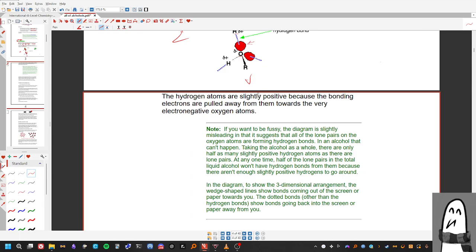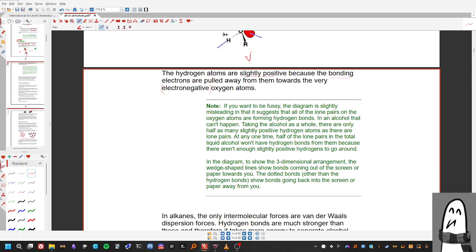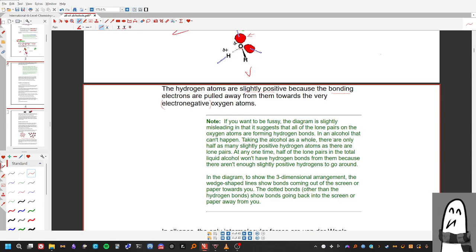Hydrogen atoms are slightly positive because the electrons in the bond are pulled away, since the oxygen atoms are electronegative. If you want to be fussy, the diagram is slightly misleading, in that it suggests that all lone pairs on the oxygen are forming hydrogen bonds. Oops, am I wrong? In alcohol, that can't happen. I see. So in alcohol,